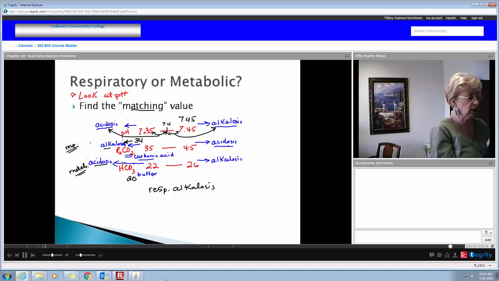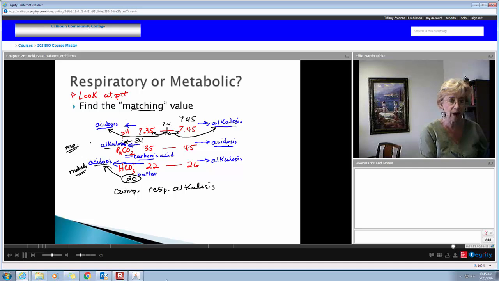All right, since this was out. But go back to what I said about figuring compensation and uncompensation. When you look at that range, the pH is in range. So the other value's out in the opposite direction, right? So did it compensate? Absolutely. This metabolic phase, the bicarbonate was kept or prevented from being secreted to the point where your bicarbonate was low, 20 milliequivalents. It only had 20, so it was leaning toward the acidosis side, and that in itself pulled your pH back into range, which made this a compensated respiratory alkalosis.